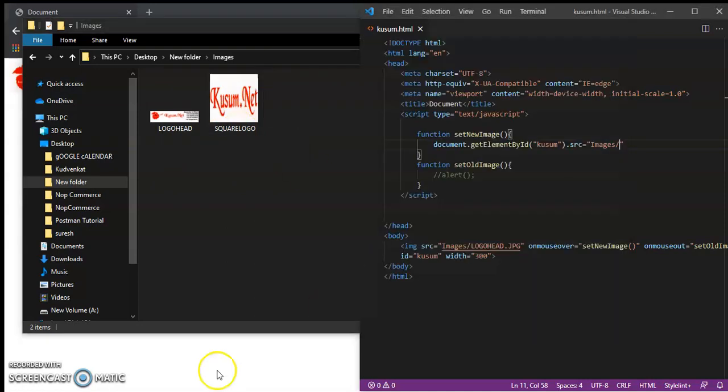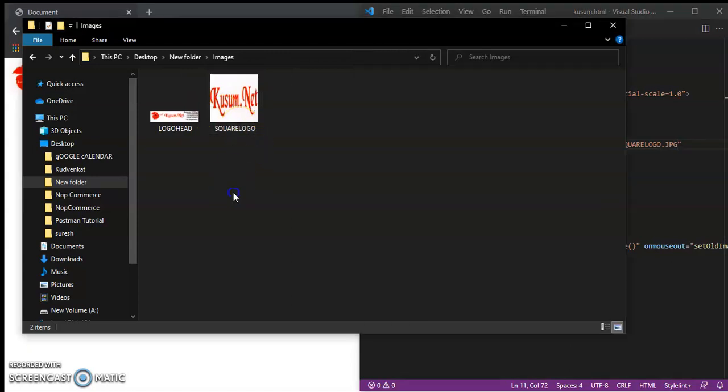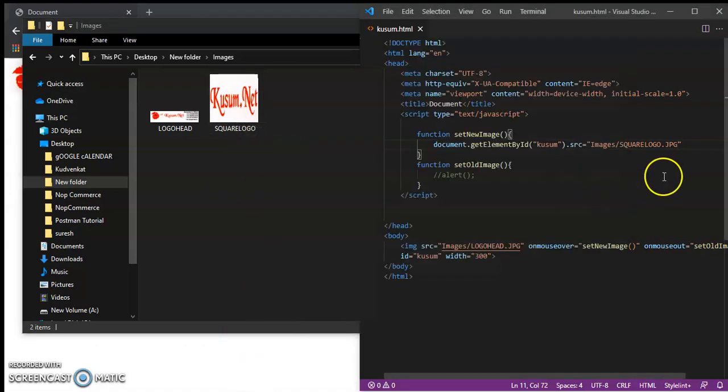I will write capital Square logo dot jpg, sorry, png. So it's png. Now run the program and let's see what happens.